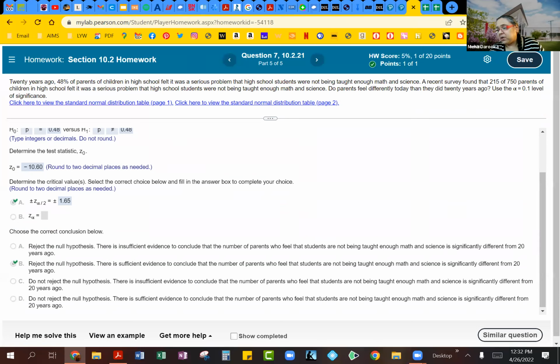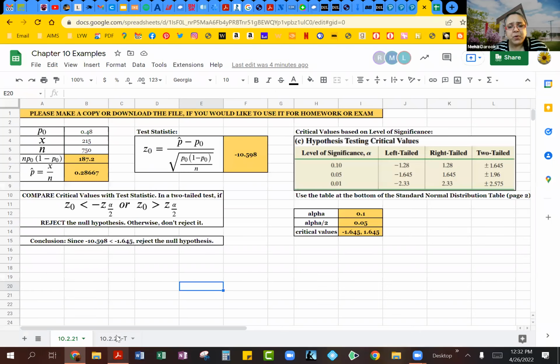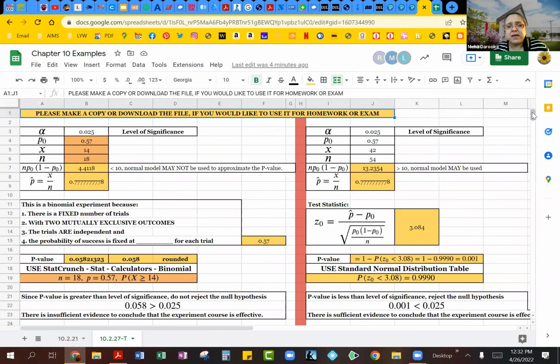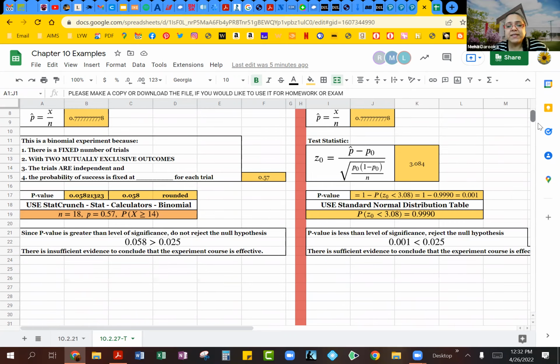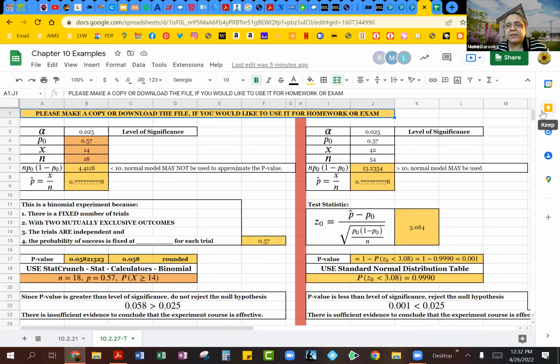So that's one example for you guys to look through in 10.2. I would definitely ask you to work through the 10.27 example in the viewing section of the D2L for this week, because this one is not a big problem. It just has a couple different calculations as part of it. So don't get overwhelmed by looking at all the different things that are here. There are just two parts because you're doing comparisons, and so it comes out a little bit different. So just look through this video, and if you have any questions, obviously let me know.